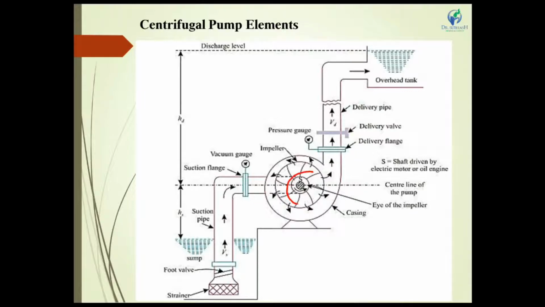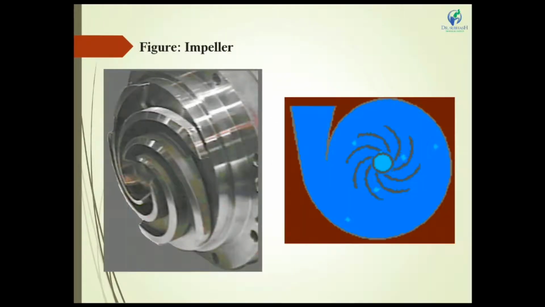This is the basic terminology of the pump. In the center there is one hole to let the liquid enter from the suction line, called the eye of the impeller. This is a base where our centrifugal pump is mounted. Now we can see this is the impeller. This is an actual impeller, and this impeller is just shown in a line diagram. This blue section is called the centrifugal pump, and this fan-type figure is called the impeller. In actual condition, the impeller looks like this image.